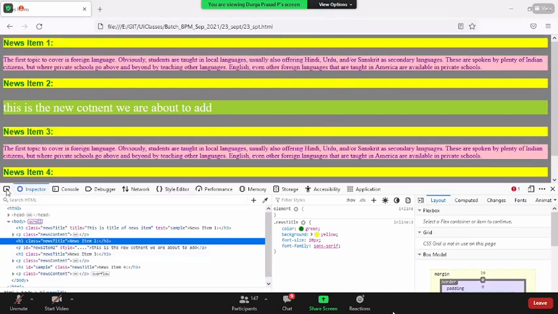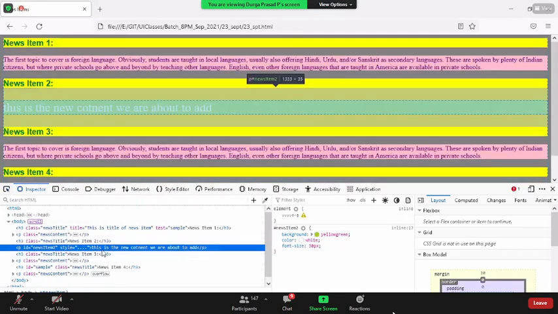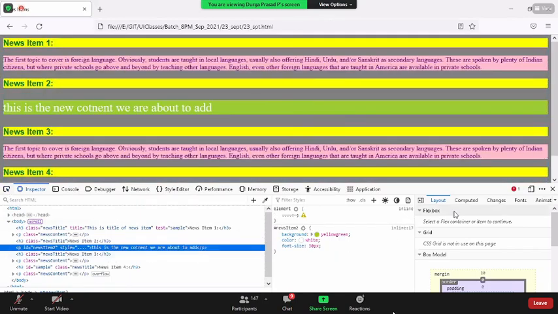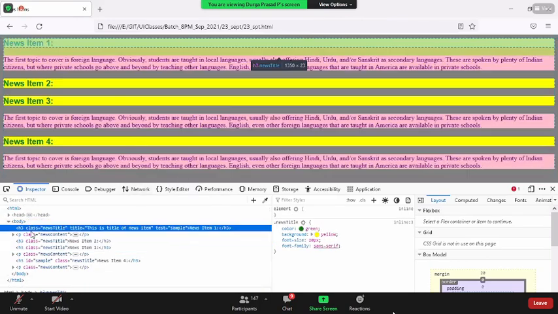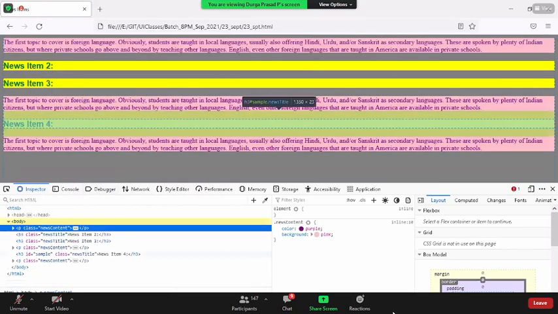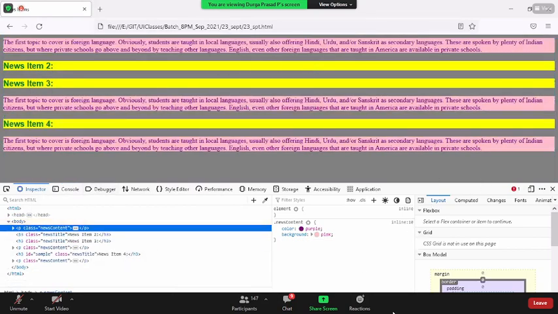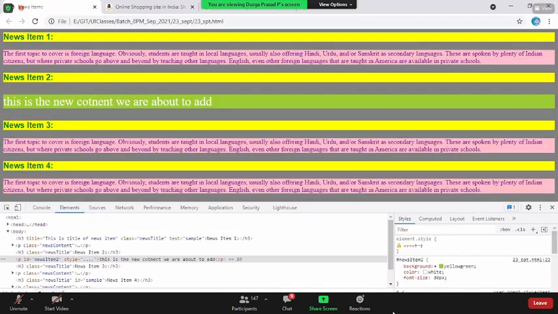You have an arrow icon on the top, you click on this, you click on this element, and it is highlighted. At the same time, on the right side, you can see what CSS has been added. On double click, you can even make some changes. It's all the same. Right click on this, copy the element, delete an element. You can remove an element, add an element, delete node. See here, everything is gone. It's the same. Every browser by default provides a debugging tool. Their intention is to debug the code we have written. The way they do it might be slightly different, but the intention of why they do it is the same across the browsers. Next.